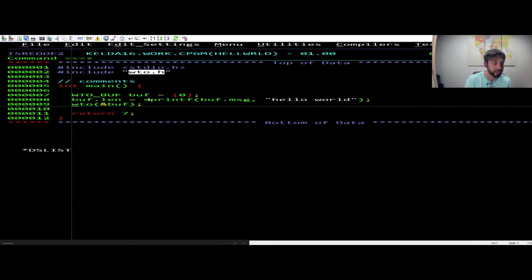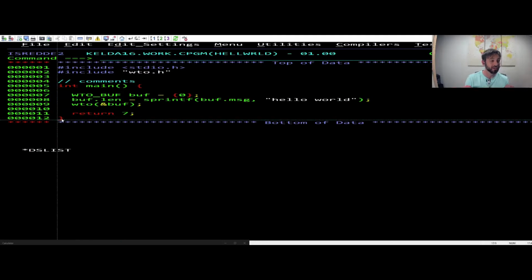As you recall, I don't have a full runtime available to me in this Metal C environment. I do have some runtime built-in functions, for example, the sprintf function. So I can take a message in a C format string and build that into a buffer, and I'm doing that with the sprintf function. So I take my hello world, I build it into a buffer, format it, and then I can call my own implementation of an I/O routine in this WTO to write my output to operators, so I can actually view the output somewhere, and then I do my return set. So I have the code for my hello world C